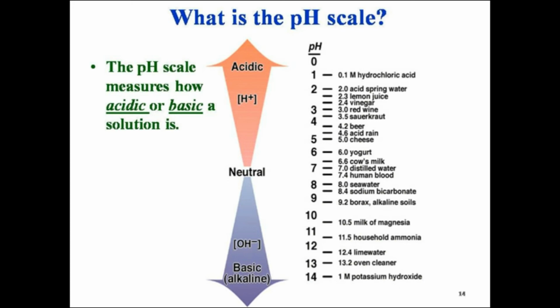If the pH is lower, from 7 toward 1, it is called a strong acid. For example, vinegar has 2.4 and lemon juice has 2.3 as the pH, which is considered a strong acid. And when we come to bases, from 7.1 to 14 is called